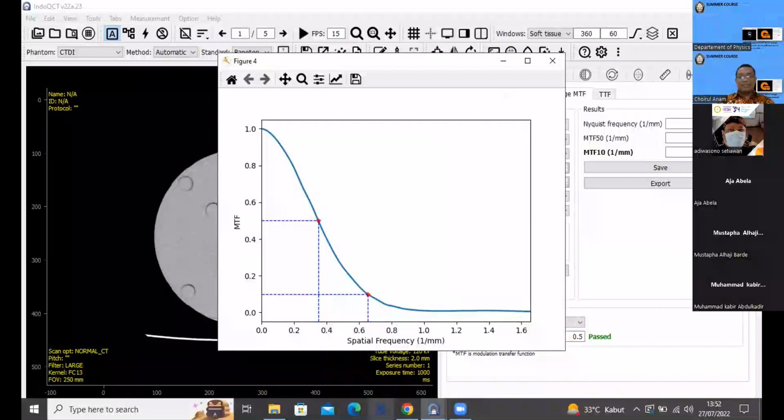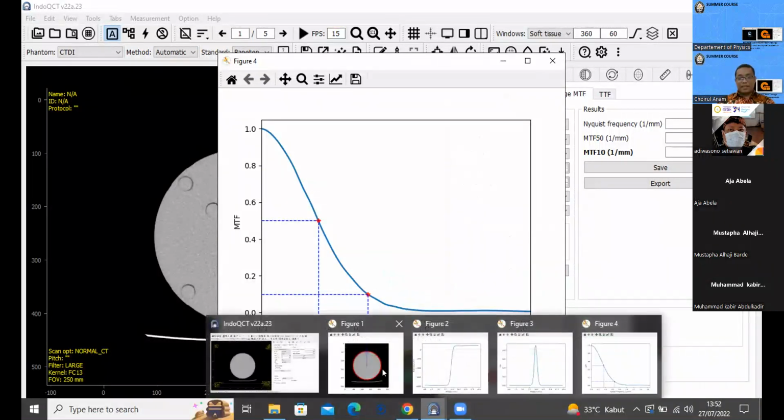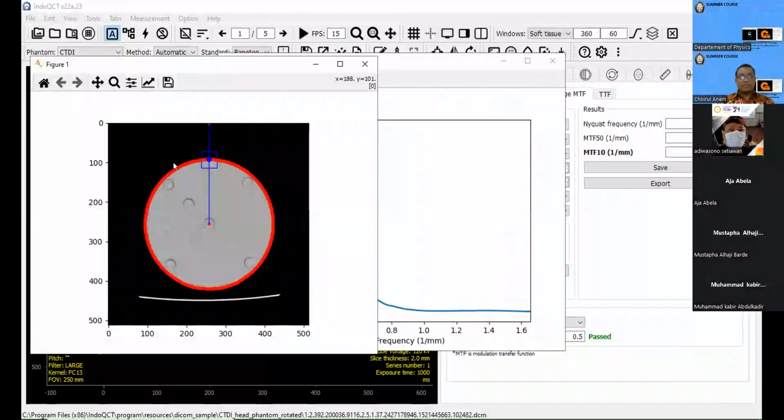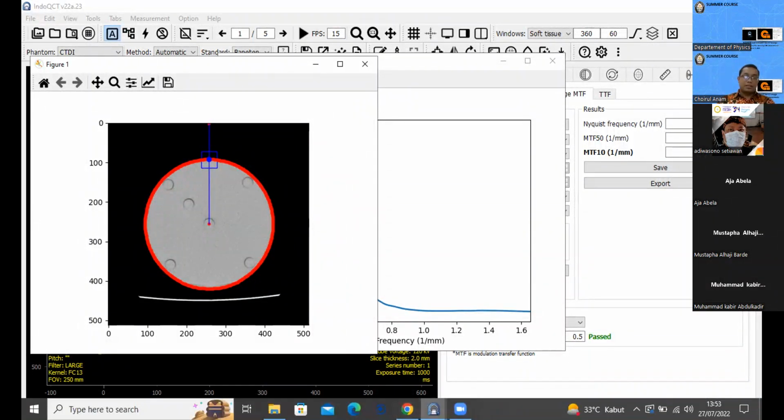Okay, this is our result. This is our segmentation. We segment the border of the phantom, and then we decide the top location. And in this location, we draw the ROI. And then we measure the